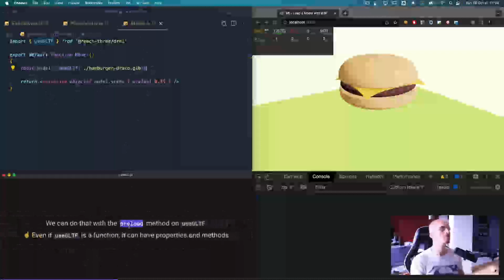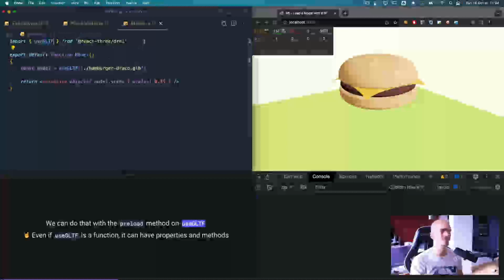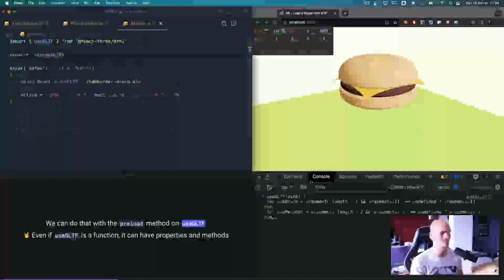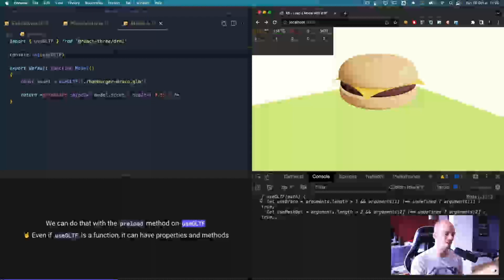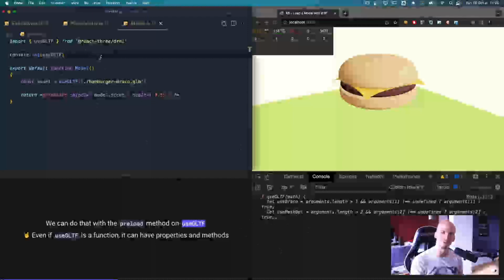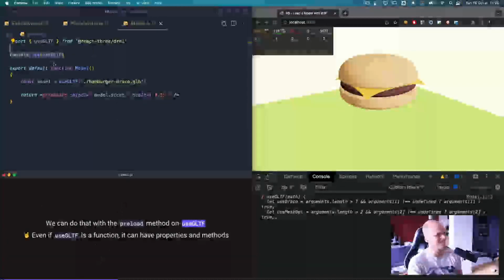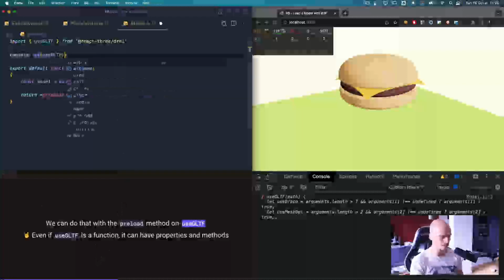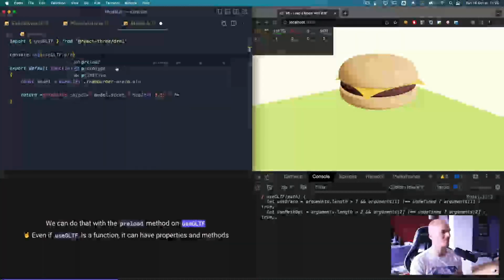Well, we can use the preload method on useGLTF. So it's already handled by the helpers. That's great. And there is a preload method on useGLTF. But you might think, what are you talking about? useGLTF is a function, right? Check that. useGLTF is a function. See that little F right here in the console? You don't have to log it, but see that F? It's a function. Welcome to JavaScript, where anything can be anything. That's so weird. But yes, useGLTF has a preload, and see, its autocomplete, so preload a method,